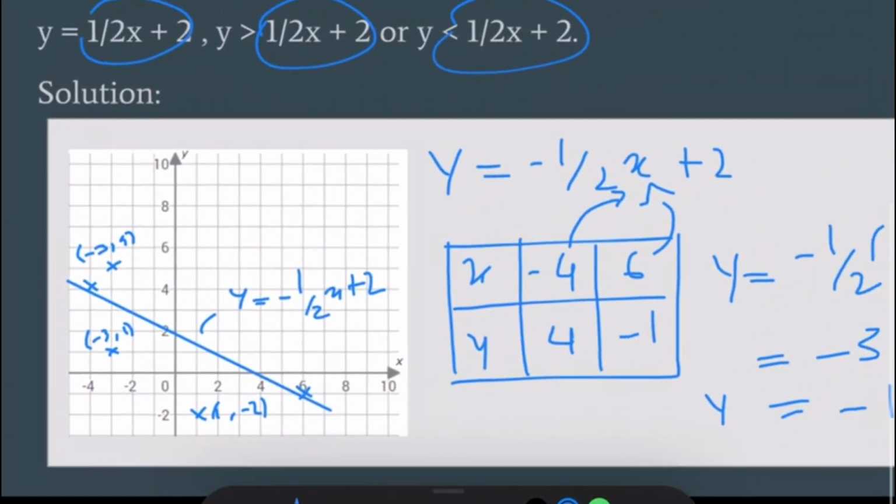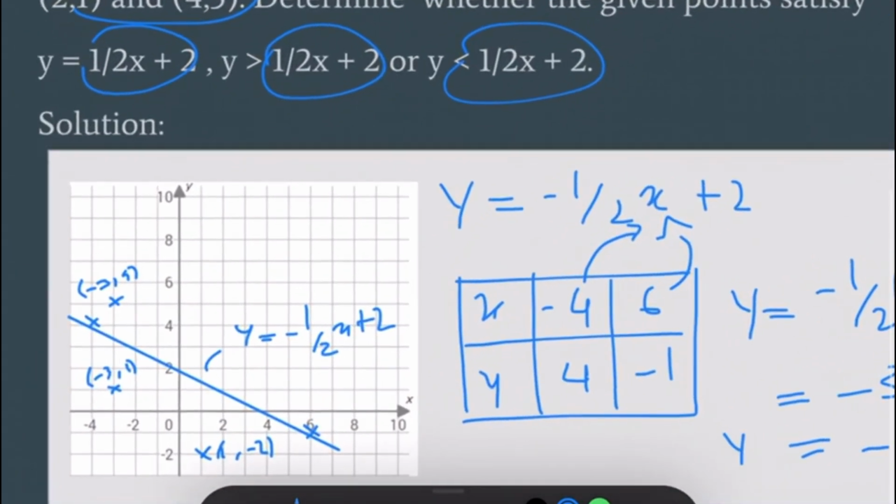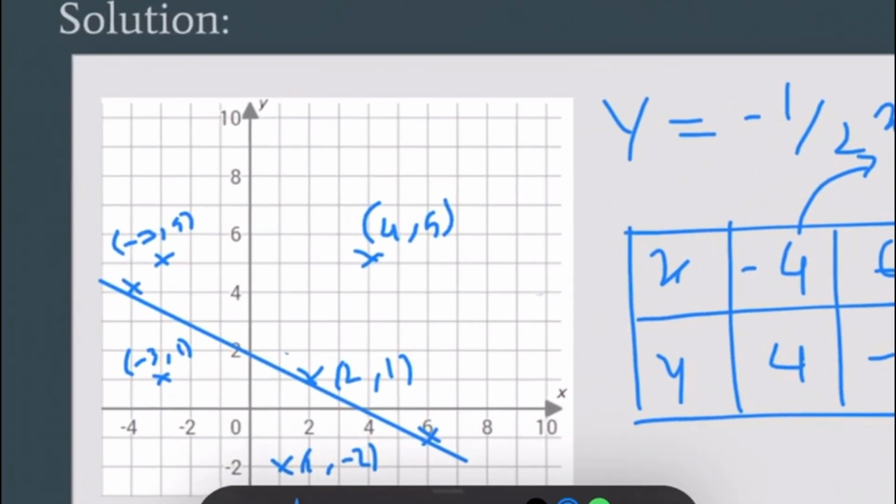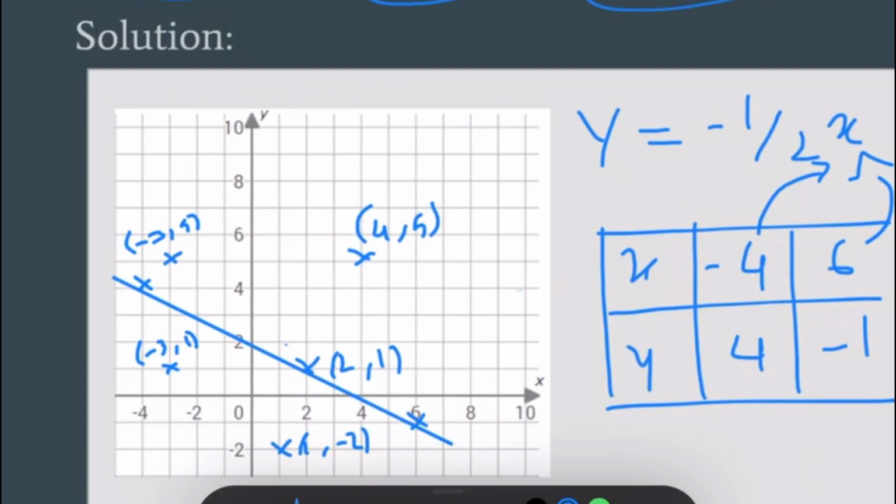Right. And then what else do we have? 2, 1. Here. And what else do we have? Lastly, 4, 5. Alright, so I need to erase this. Okay, 4, 5. So as we can see, from this line, any coordinate that is from this region